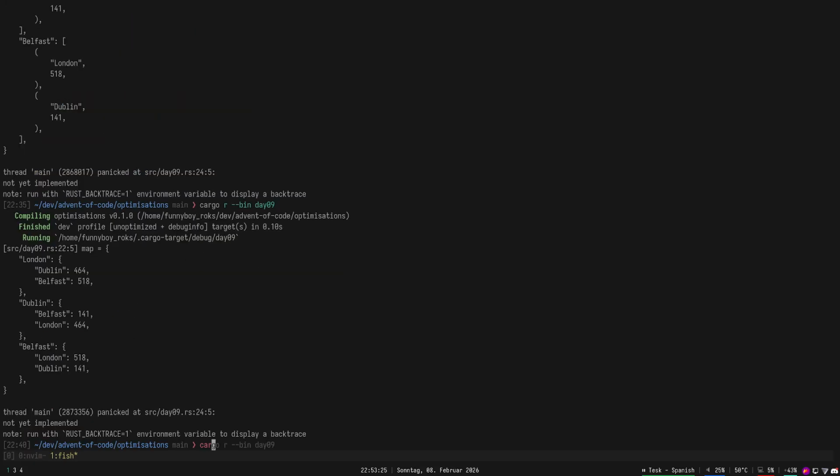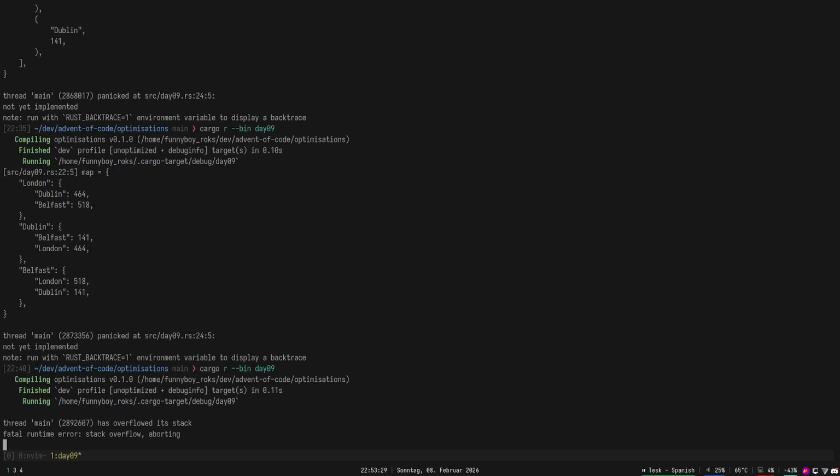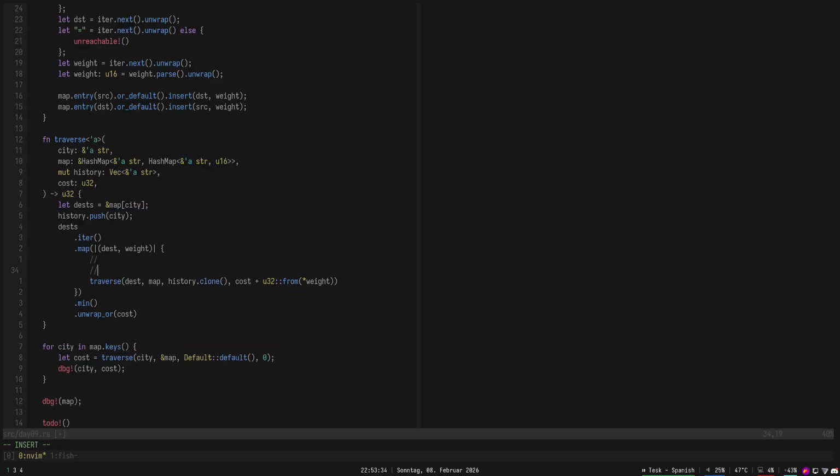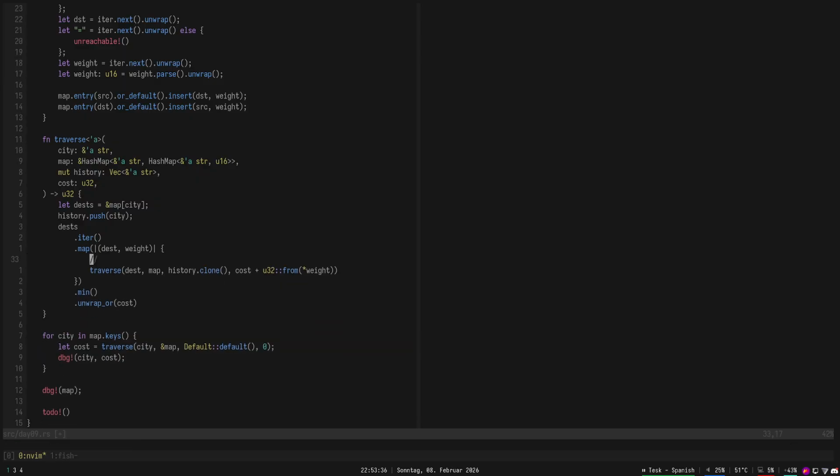Now let's cargo run this. Stack Overflow. Okay, fantastic. That means that we have an issue. Oh, we're not filtering whether we've already visited a place. So one thing I would like to do is replace this with a hash set because we don't care about the order in its current state. And that means that we can say